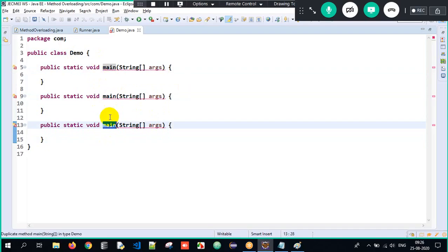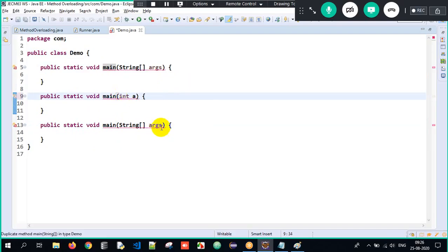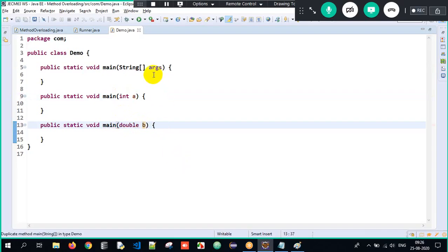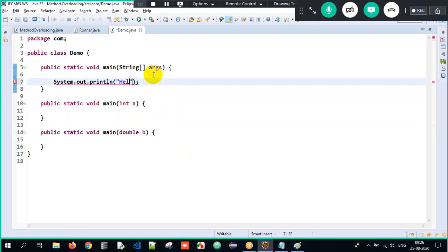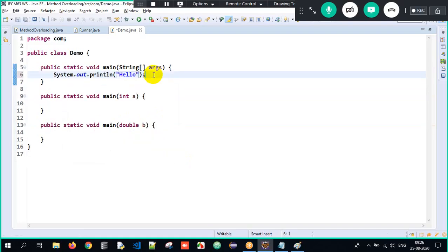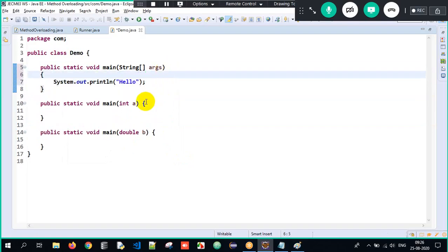We have the methods with the same name. Correct. But there should be a change in the arguments. So here I'll write int a, and here I'll write double b. Got the clarity? So there are so many main methods here. Now I'll just give the output as hello. What will be the output is what we are supposed to